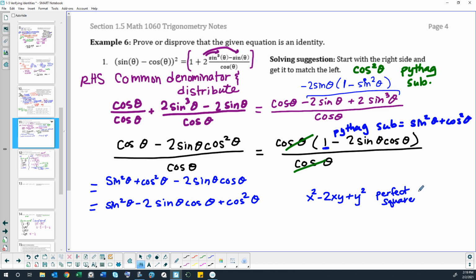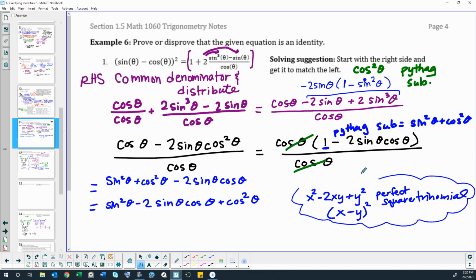Square trinomial. And what that means is it factors into x minus y squared. Okay, because that's kind of what we did when we did our completing the square stuff, right? We wanted it to factor so that we had that x minus h, or y minus k stuff, right? So this right here will factor into sine squared theta minus cosine squared theta